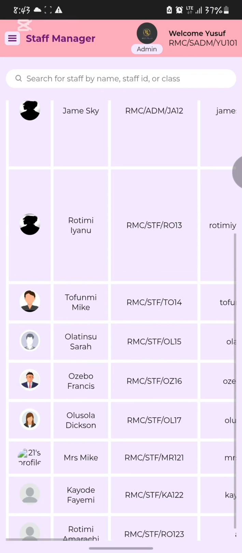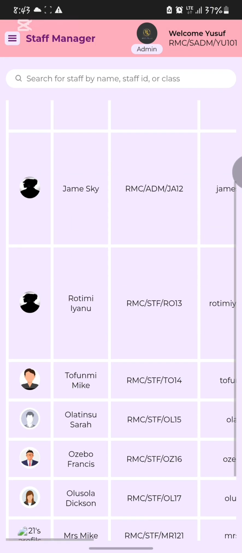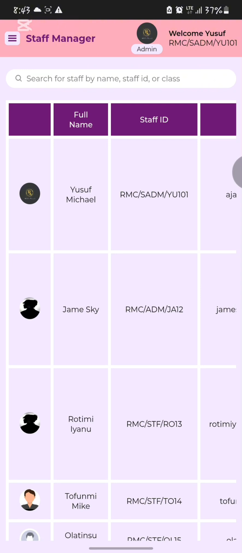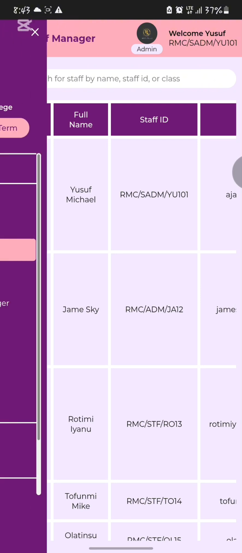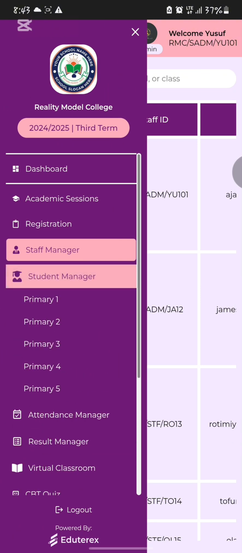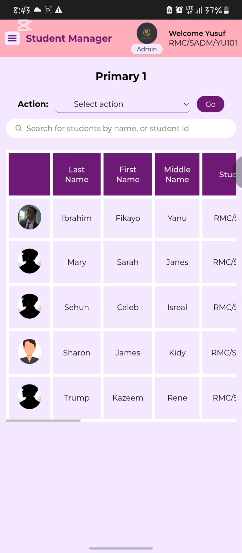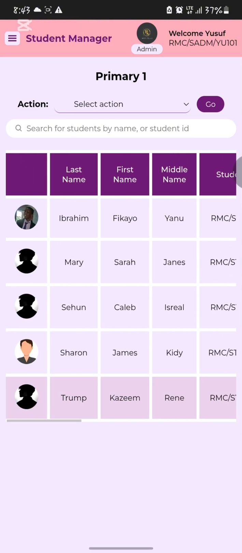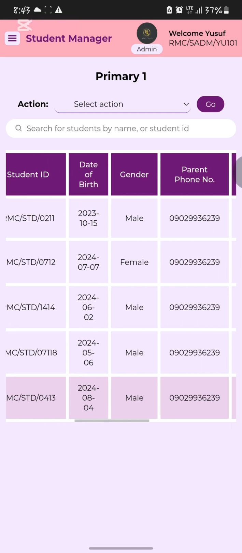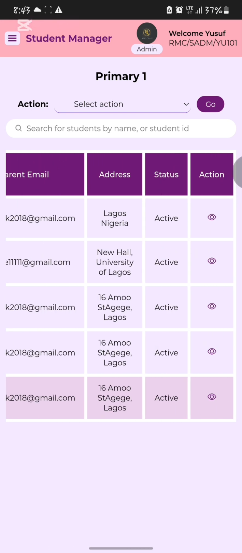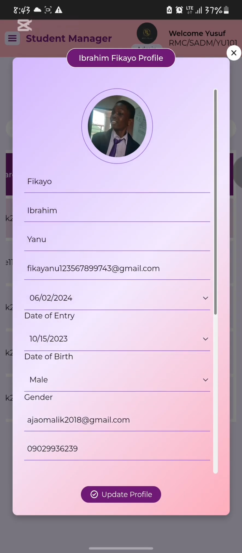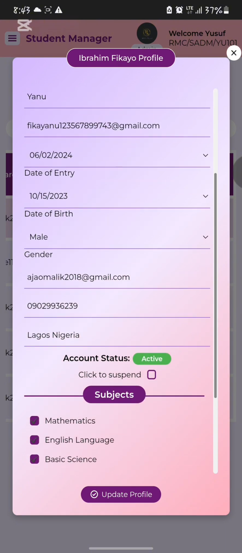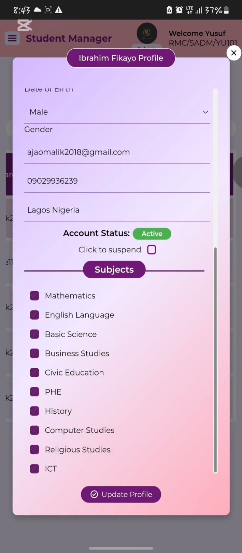And you can also search for staff by their staff ID, full name, and the likes. And let's proceed to the student manager here. So the student managers are grouped in their classes, for primary 1. So let's visit primary 1. These are the students in primary 1, their details and everything: first name, last name, middle name, staff ID, and the likes. And you can click on this action to edit their details